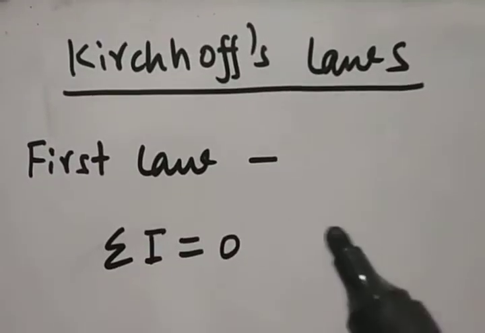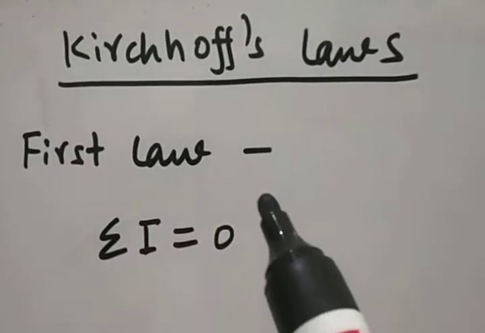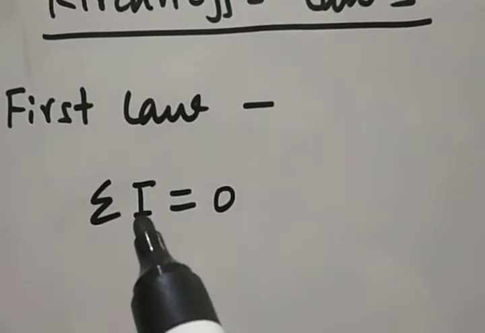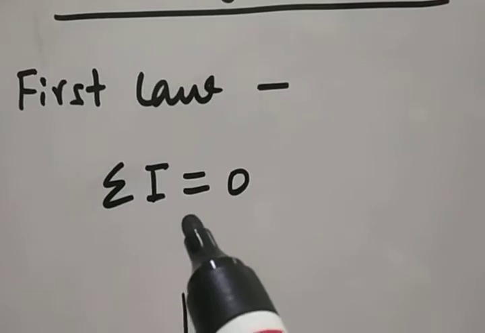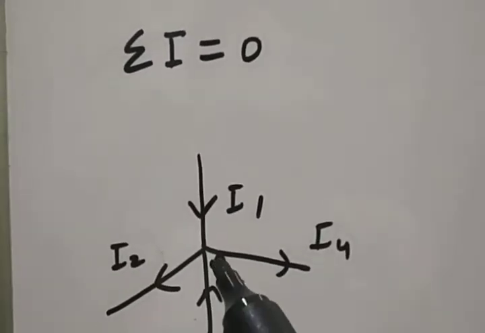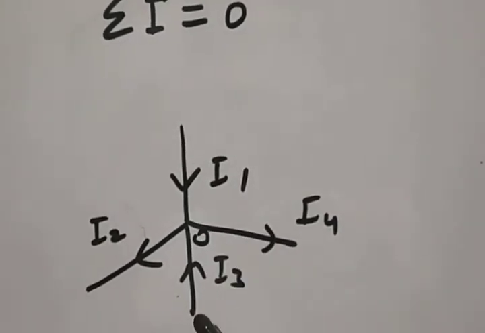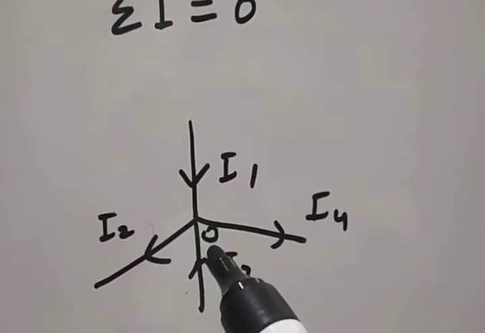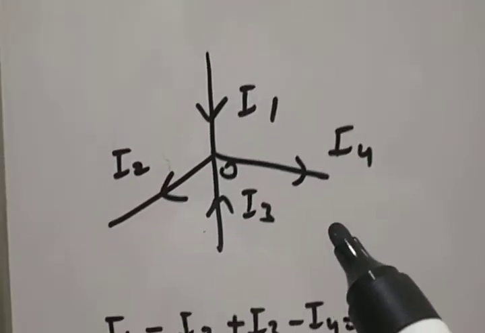Kirchhoff's law is the name of the topic. There are two Kirchhoff's laws. The first law says that the algebraic sum of electric currents in an electric circuit is 0. And therefore the sign conventions for that are that incoming currents, or say the currents toward the junctions, are taken as positive, and the currents moving away from the junction are taken as negative.